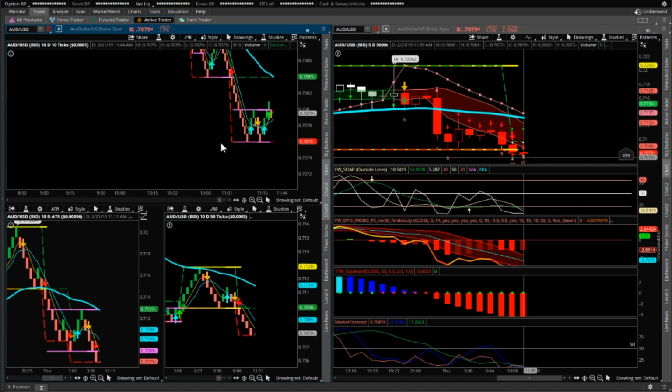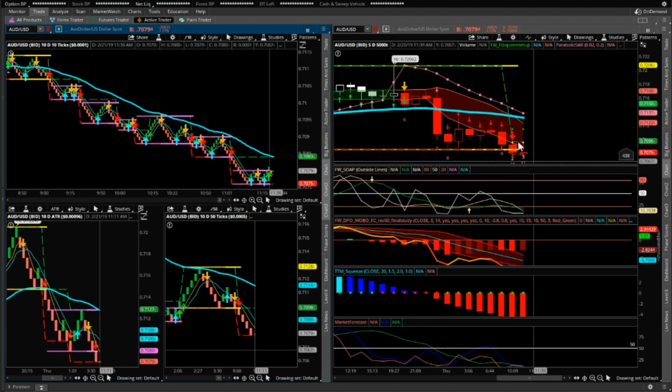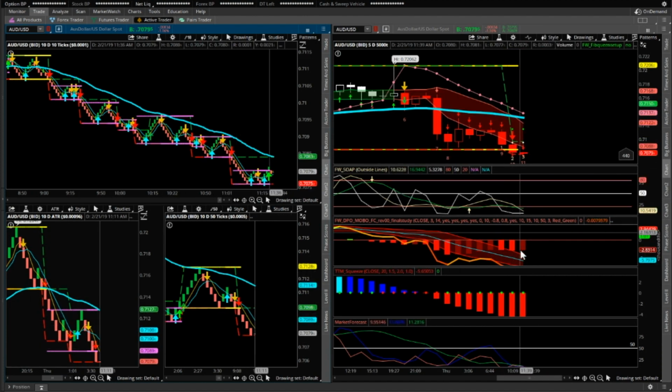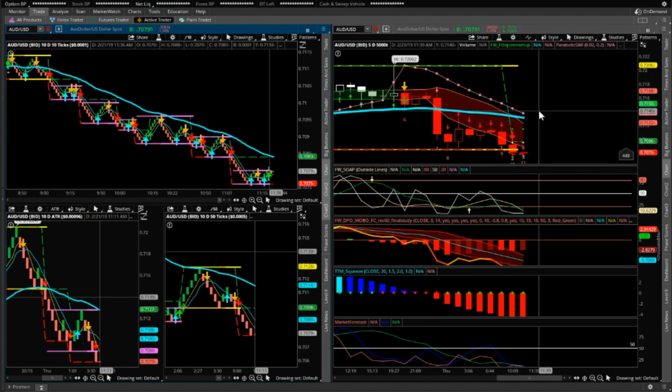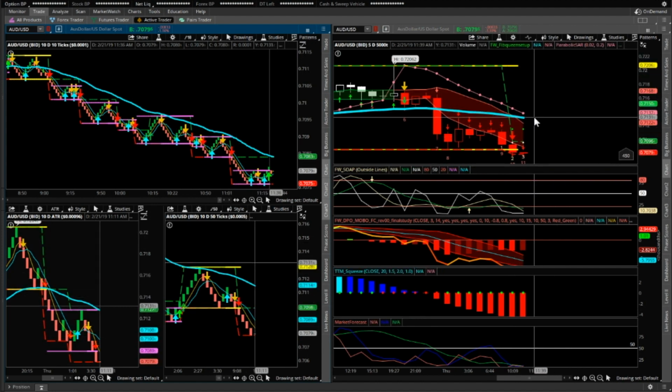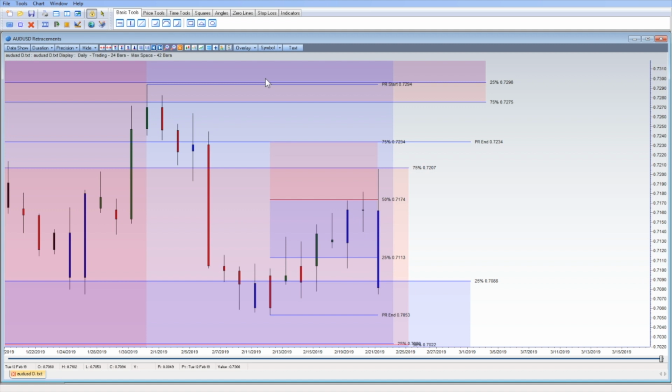I use this tool right here to gauge it even more. And right here, this is where we're at. So let's see if we find a base here to go up, maybe it could be a nice little entry to short it again at 71.31, somewhere around there, but we'll see. Let's go into our retracement chart. So last video I said, you know what, it could go as high as 75% with 72.07 or